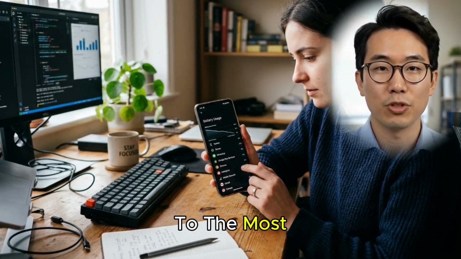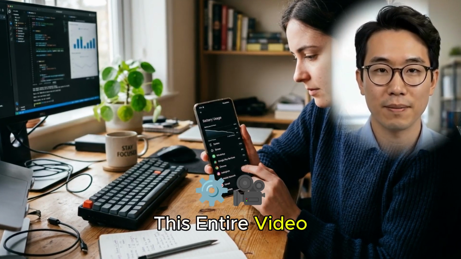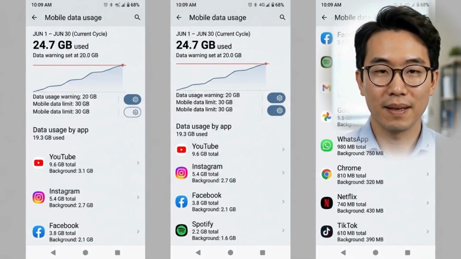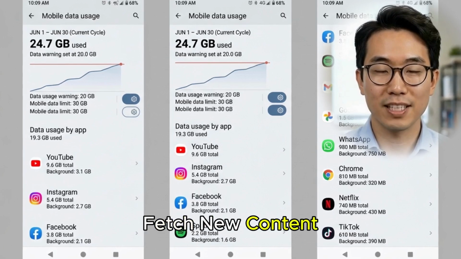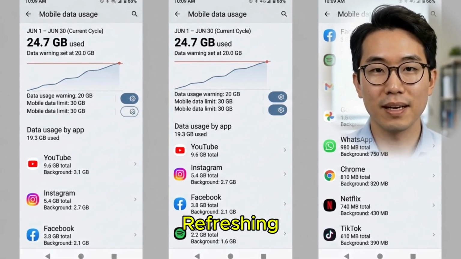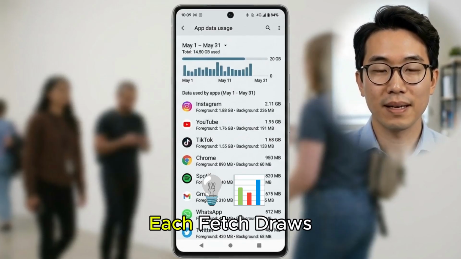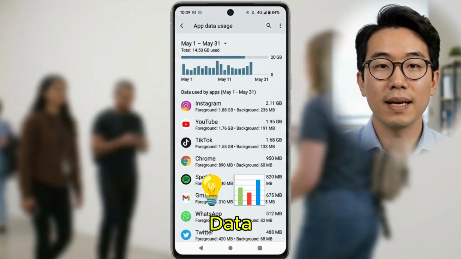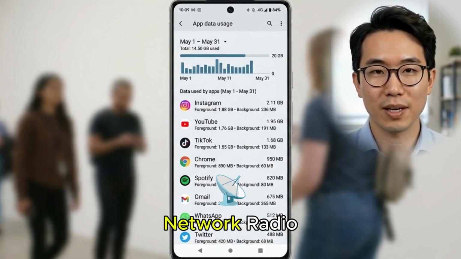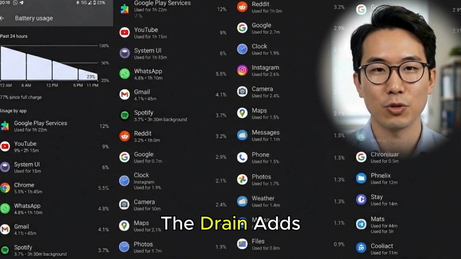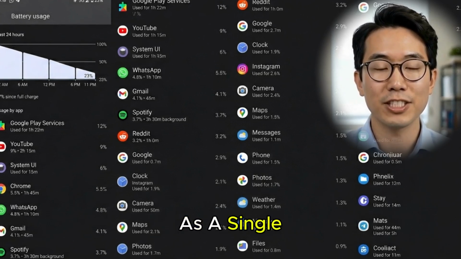We're getting close to the most important setting in this entire video. But before that, there's one battery drain almost everyone overlooks. Every app on your phone can fetch new content in the background, refreshing, updating, preloading, whether you are using it or not. Each fetch draws on your cellular data and briefly activates your processor and network radio. Across dozens of apps, running all day, the drain adds up in ways that never appear as a single obvious